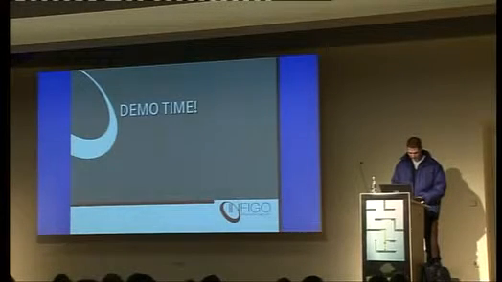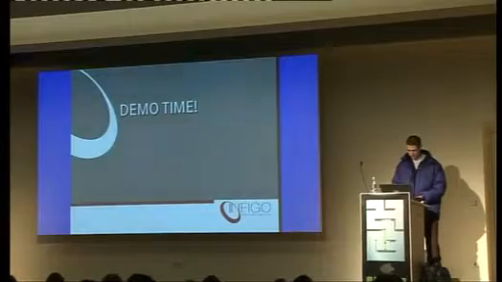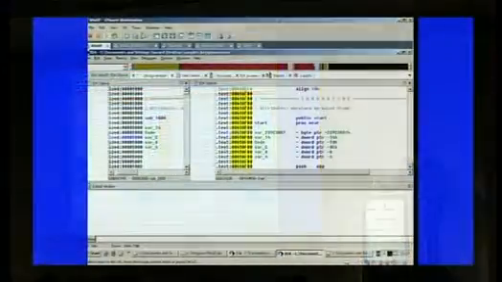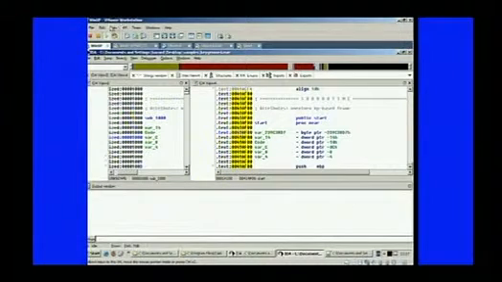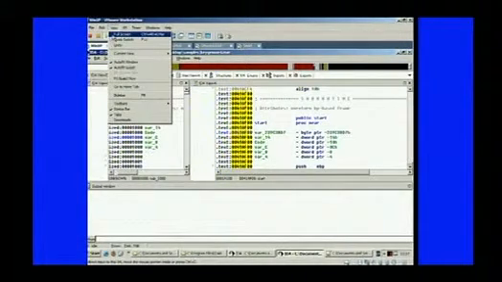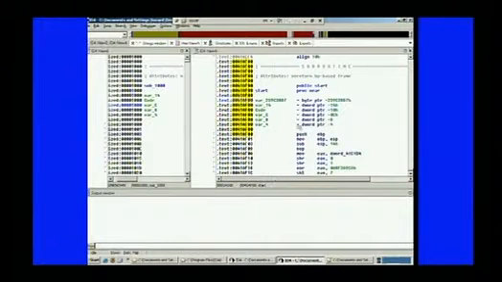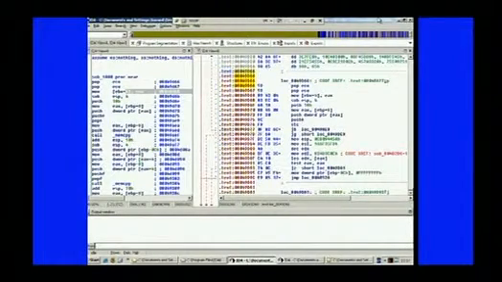Okay, now for the demo. So the first example is a binary from DEF CON challenges.